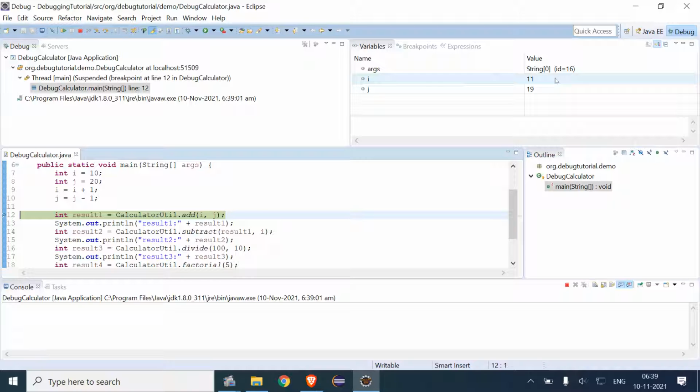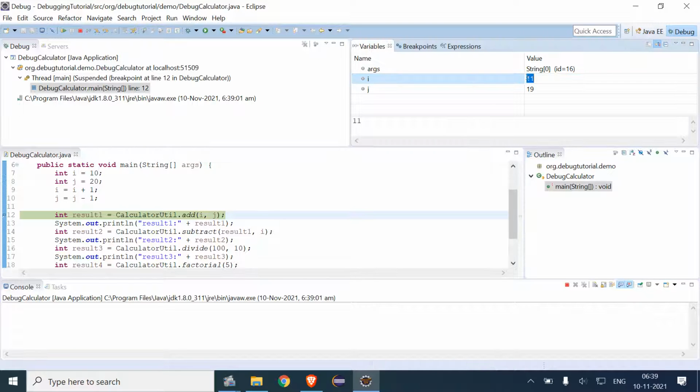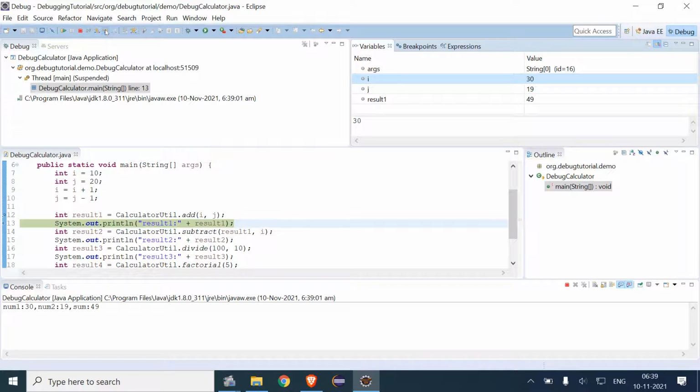And what if I want to change the value? So for that I will be using step over, and num1 is allocated with the value 30, num2 is 19, and the sum is being displayed at this toggle breakpoint.